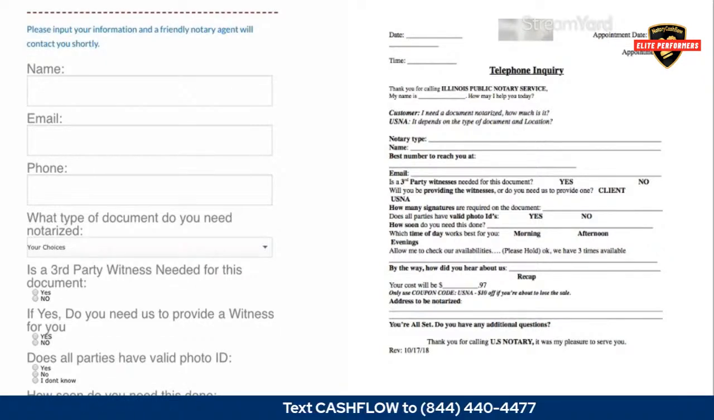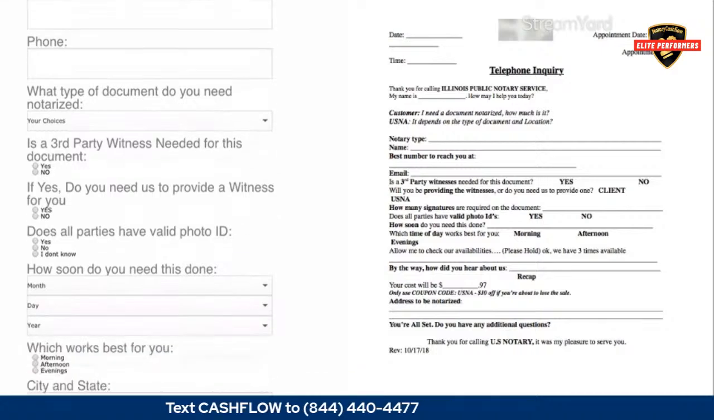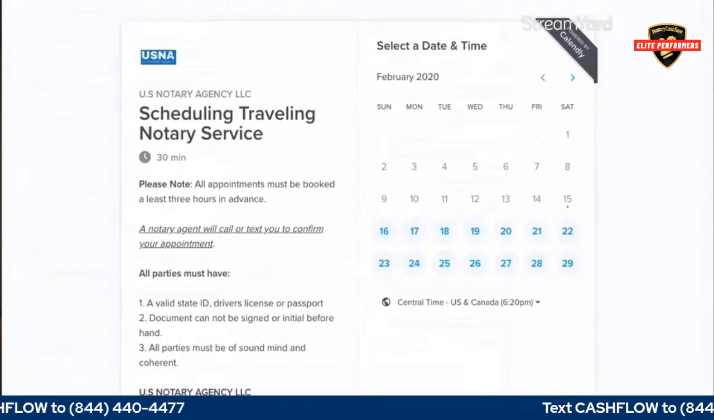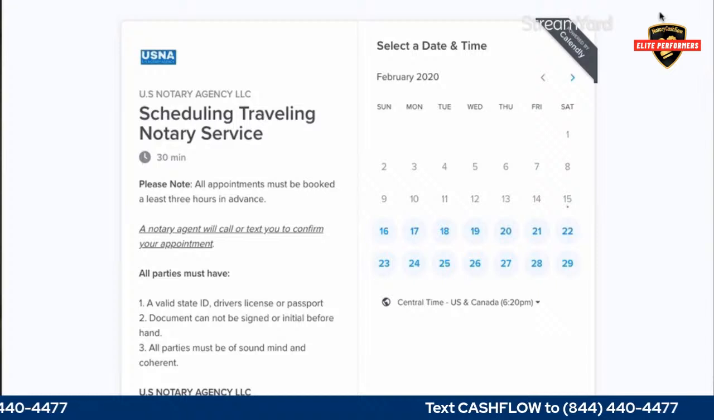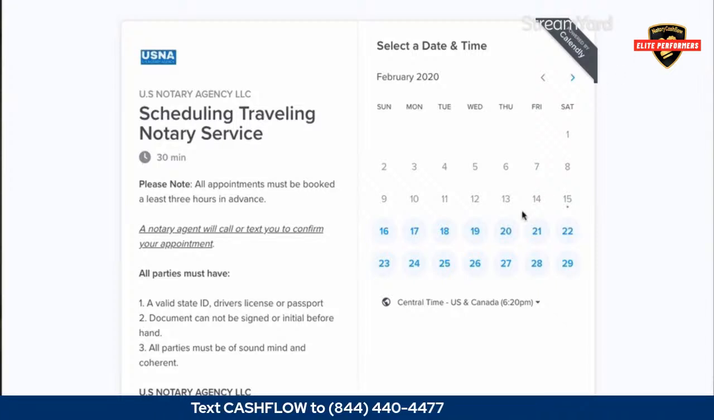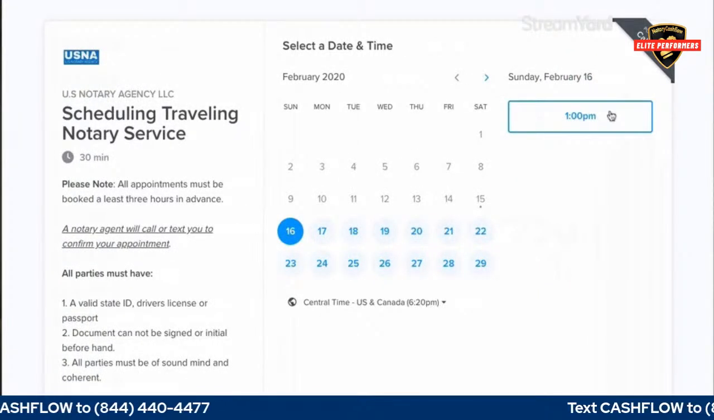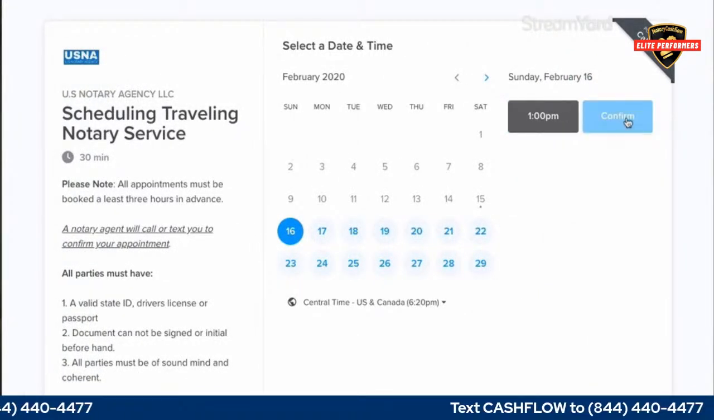I started doing this not too long ago. I started using Calendly. Calendly allows me to schedule my appointments. It's a free service. I suggest that you guys download it and start booking your appointments. Now, the way that process goes is